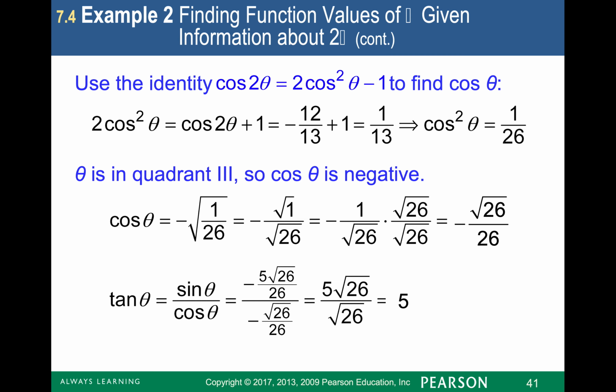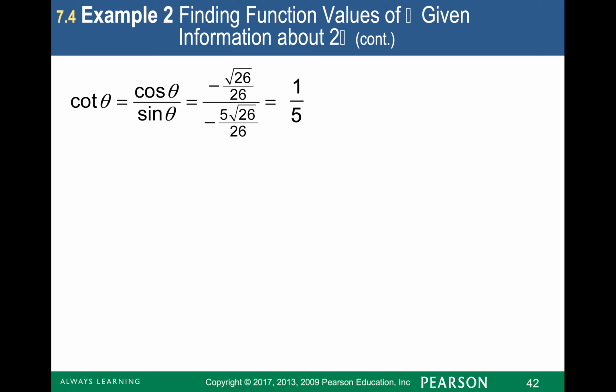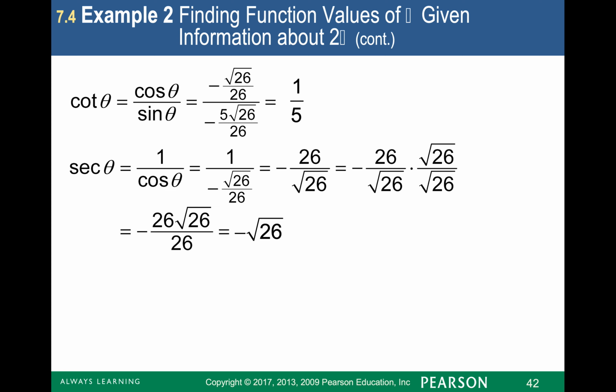Then to find tangent, because I found sine and cosine previously, I can simply divide those two to get a trig ratio. To find cotangent, I would do cosine divided by sine, since I already know those, and I would get 1/5. Likewise, I already know that secant is 1 over cosine, or the reciprocal of cosine,